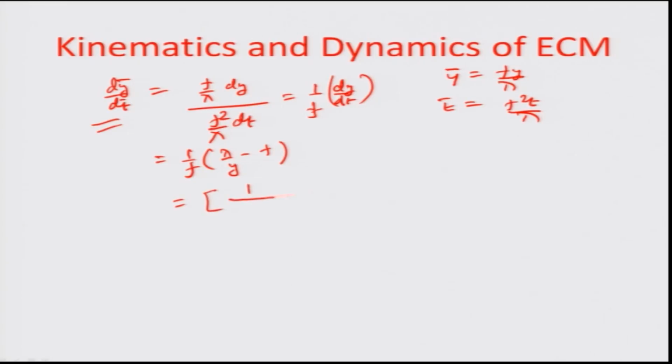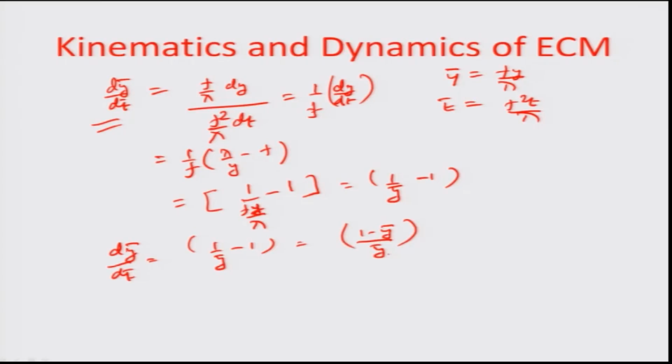I will write this as 1 by f y over lambda minus 1. In other words, this can be written as 1 by y dash minus 1. So, we can actually try to solve this equation, dy dash by dt dash equals 1 by y dash minus 1. So, as we recall, this would be 1 minus y dash by y dash, and if I wanted to